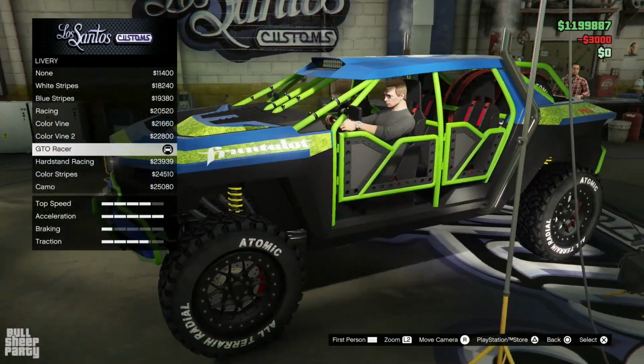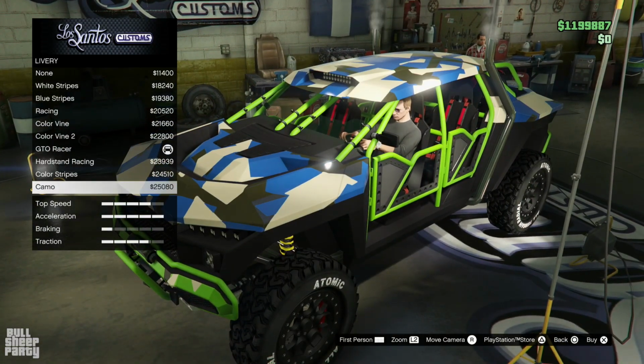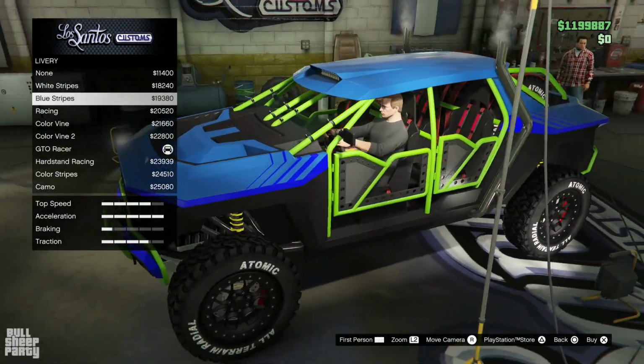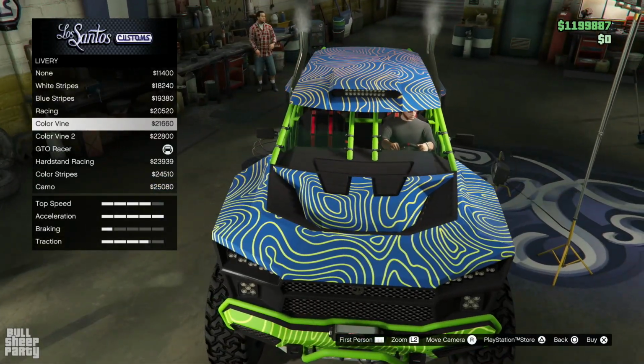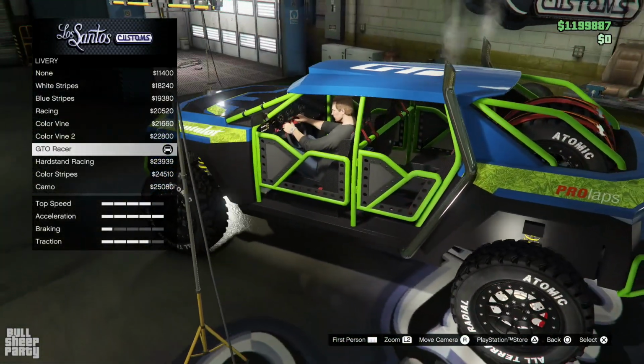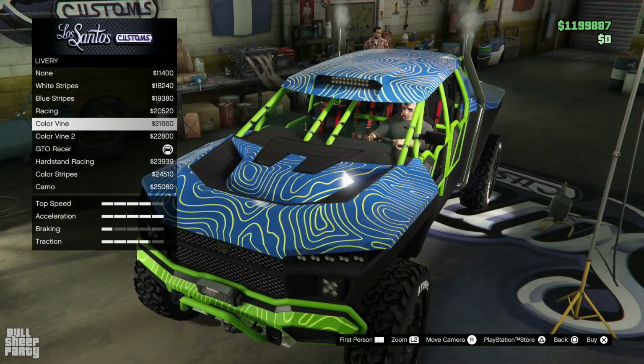The liveries, here are all the ones that we can choose from. And I gotta say, I kind of like the one Rockstar gave us. Ooh, this one is pretty. So let's see what else we have. We have this one, and this is the one that we got. But yeah, we are gonna be changing it to